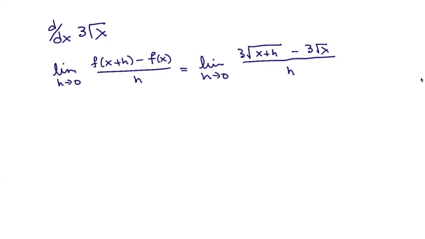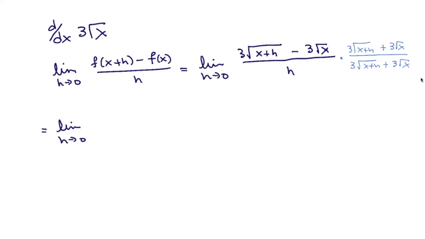And this now should explain to you why we spent the last few weeks practicing algebraic techniques. We are going to have to multiply by the conjugate to get this to work out. So we'll use 3 times the square root of x plus h plus 3 square root of x as the